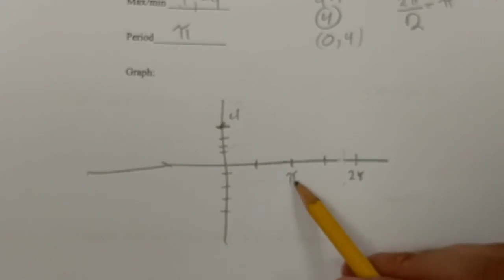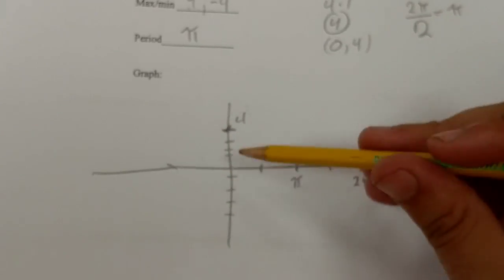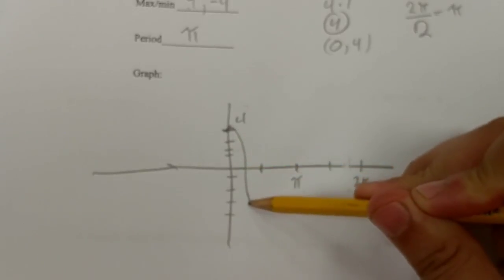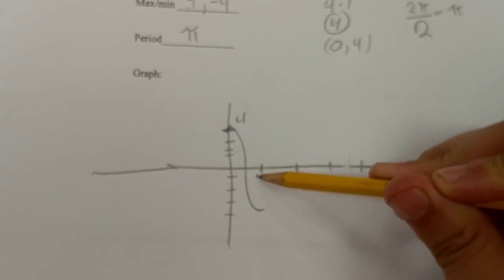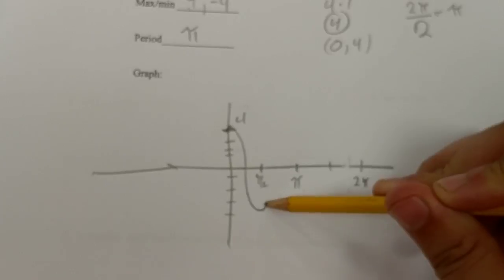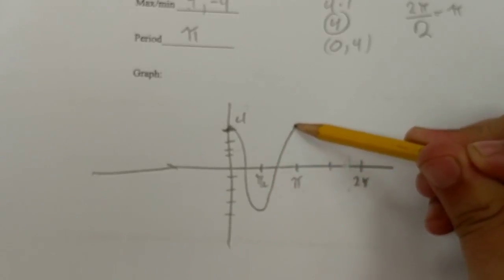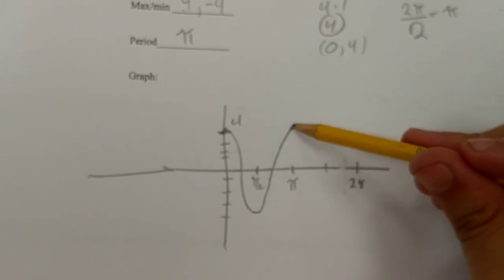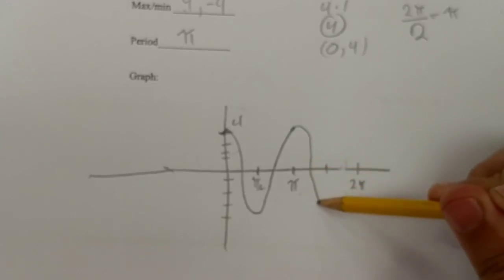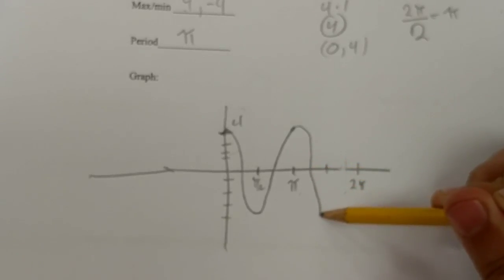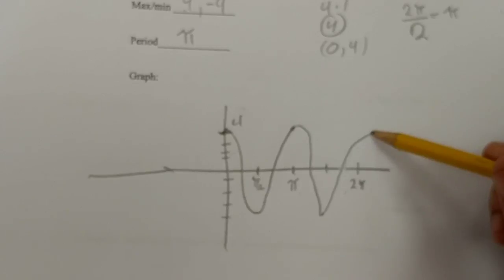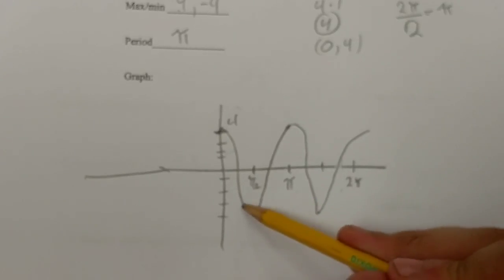So by the time at pi, I should be back at the top. So I'm going to go down. I'm going to be at the bottom here, which is pi over 2, which is halfway to pi. And I'm going to be back at the top at pi. Let me do it again, because I said I needed 2 periods for this question. Down to 4, and then back up to pi. And this should be a little lower, I guess. But